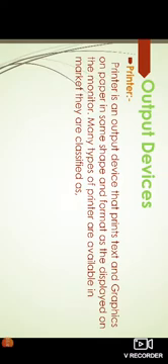The next output device we see is the printer. Printer is an output device that prints text and graphics on paper in the same shape and format as displayed on the monitor. The paper printed by the printer is called a printout or a hard copy. Many types of printers are available in the market. Printers are classified into three types: dot matrix printer, inkjet printer and laser printer. Now we see one by one.